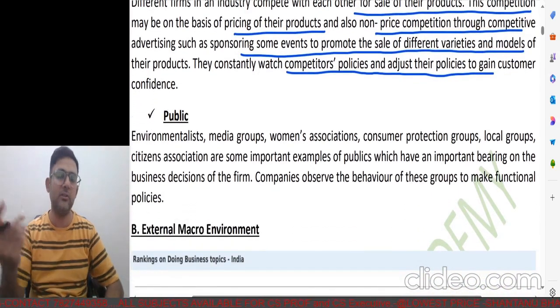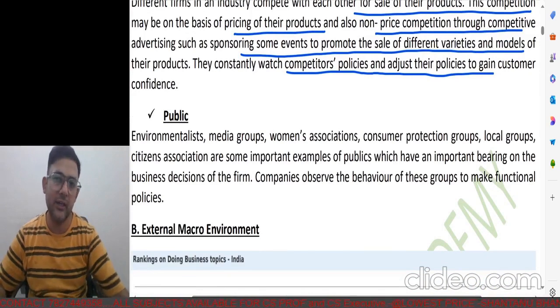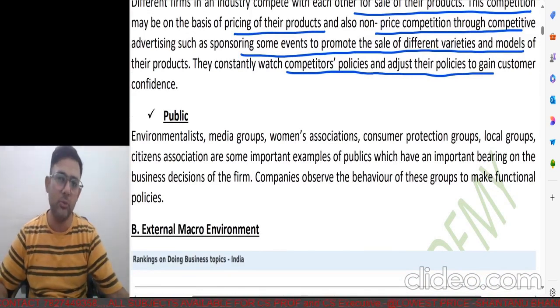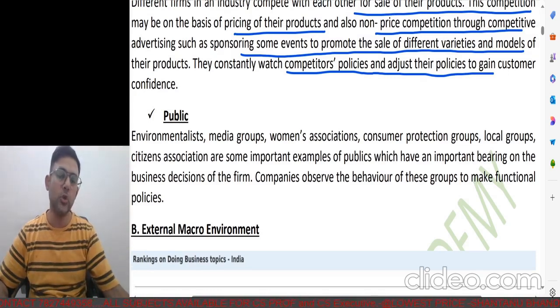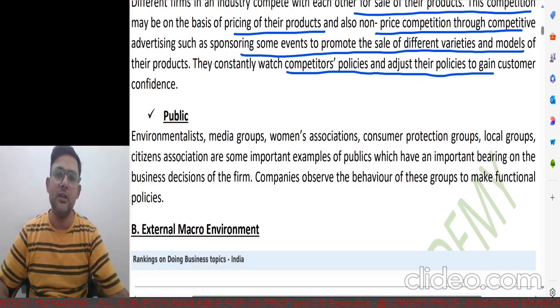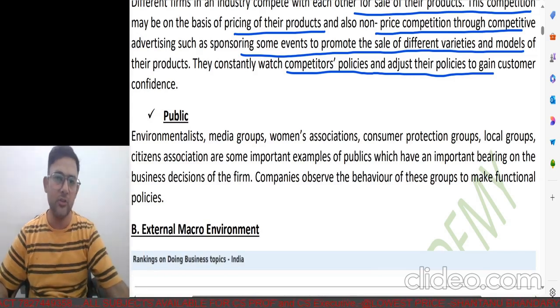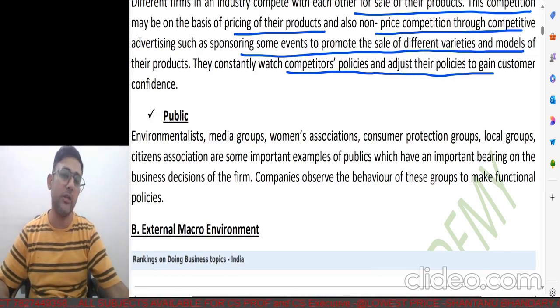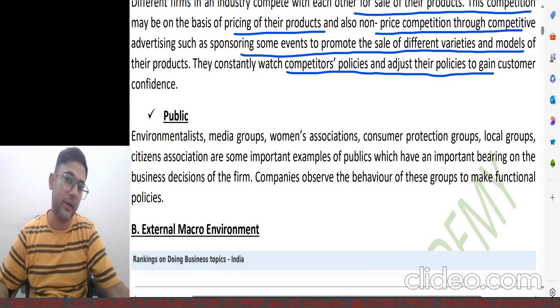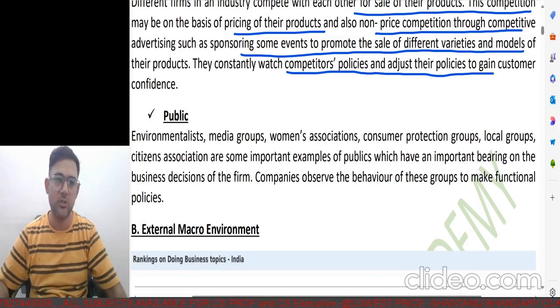As we said earlier, it doesn't really happen in a vacuum. It's not something that you just do on your own, closing your eyes. You have to look around and probably do a 360 degree if that's possible, because you need to look around as to what is going on and then what you can do to make it even better. So that's the sole purpose of beating the competition.